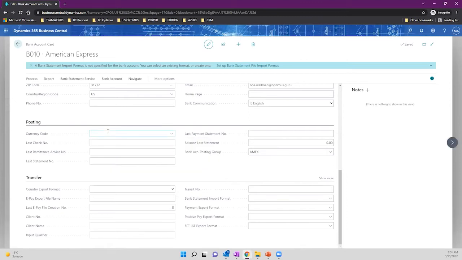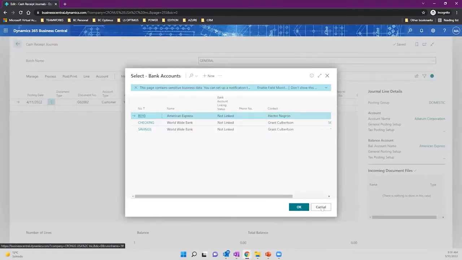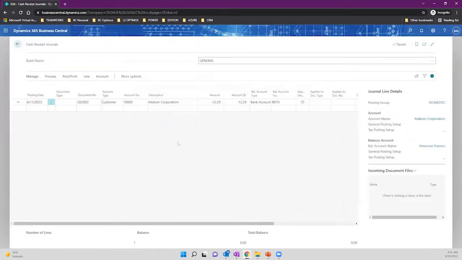Because similarly to what any bank does, when you open an account in any given bank, they're going to ask you about the currency. For all of us that are in the Caribbean and Latin America, typically we would use one bank account in local currency and another bank account in US dollars, right? But if you import from other countries, and if your bank allows that, then you create your bank account in a specific currency, the real bank account, and then create it in Business Central with the same currency,